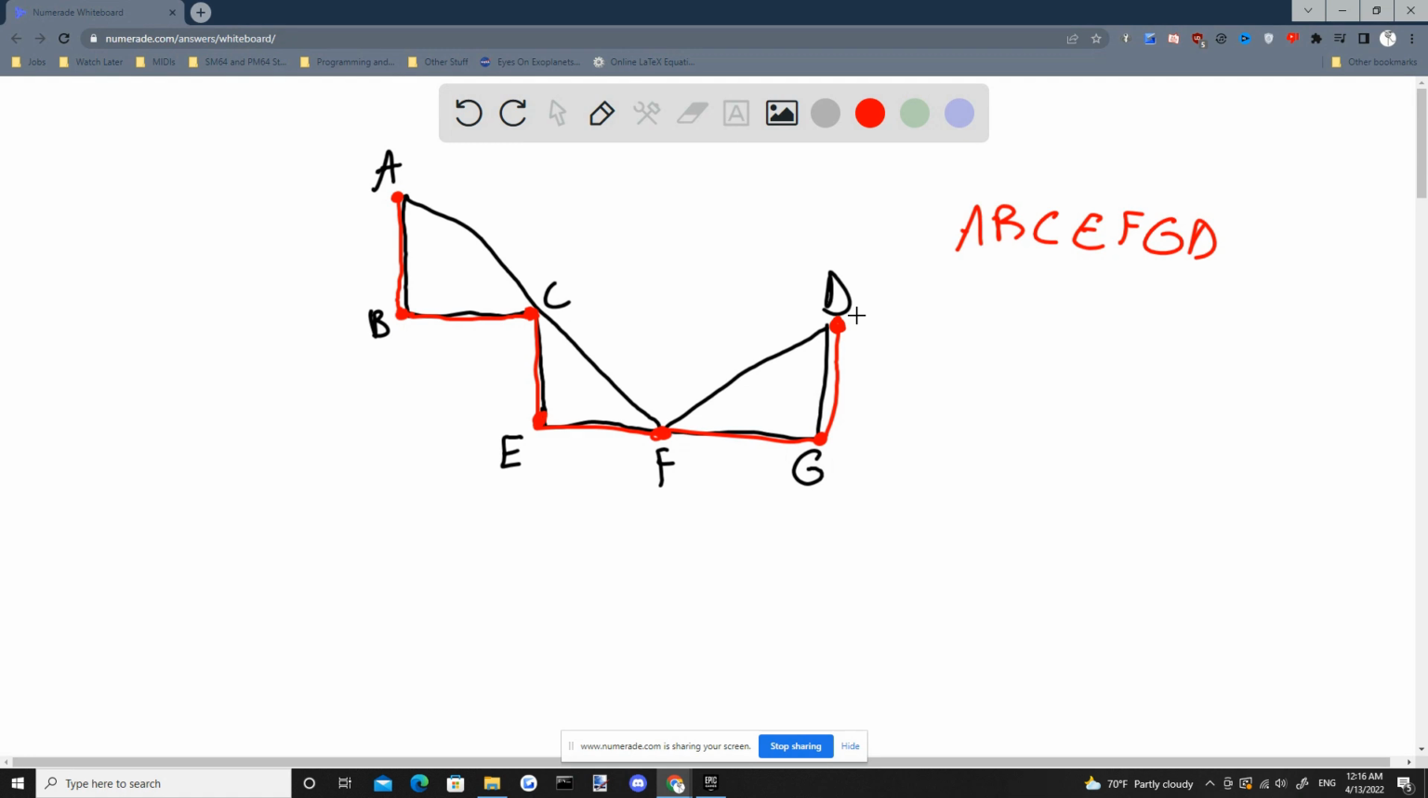We only touch each vertex once, or each point. And we don't have to go back to the original start position. That's not a Hamiltonian path. That'll be a different thing. But in that case,